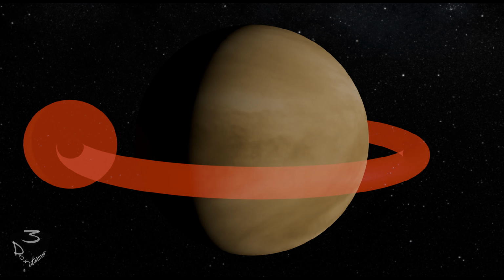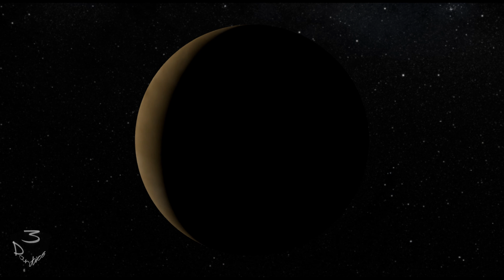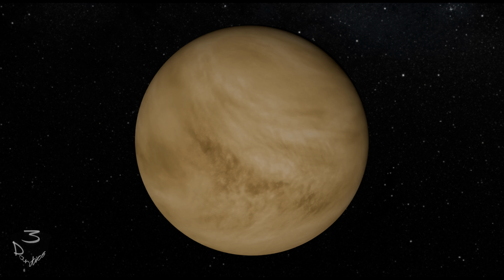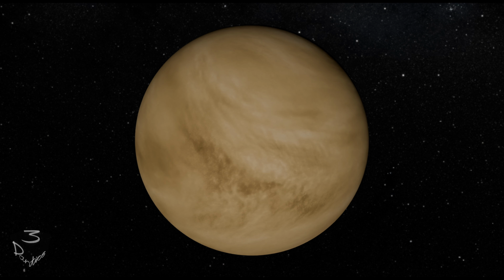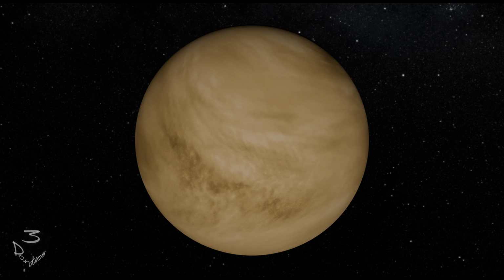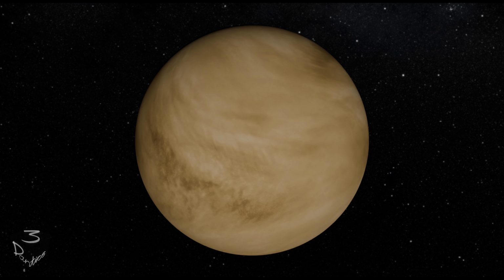Venus would have a locked rotation, with one day being the same as a year, but it is forced backwards by the sun's gravity pulling on something that it shares with the Earth, an atmosphere. And the atmosphere is what makes Venus look so beautiful. But before you start thinking we could live there, you should know that this isn't our lovely, breathable nitrogen and oxygen atmosphere. This is a thick carbon dioxide atmosphere with clouds made out of sulfuric acid.